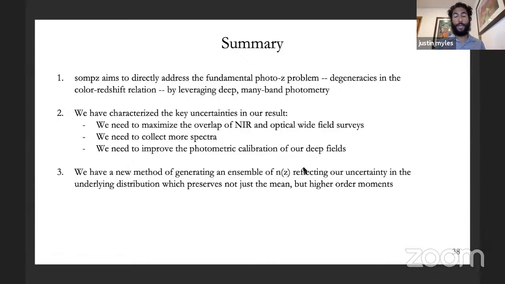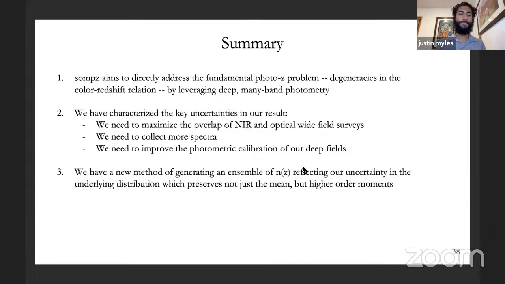We need to collect more spectra to reduce our uncertainty due to redshift biases. And then we also need to improve the photometric calibration in our deep fields, particularly in our bluer bands, to make the most out of this method. So in this sense, we need to work on our data products in order to take full advantage